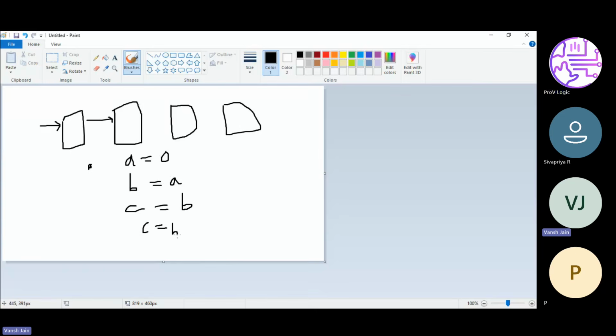At that time, how will it form the circuit? A, B, and C will have the same values, so it will just create a wire.